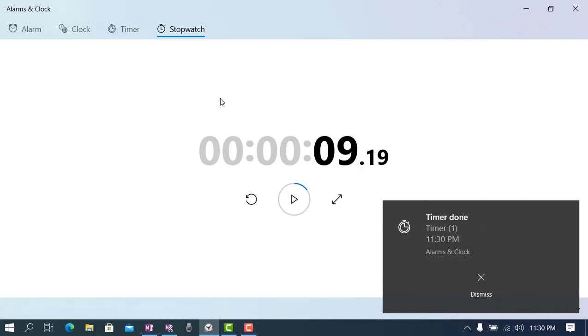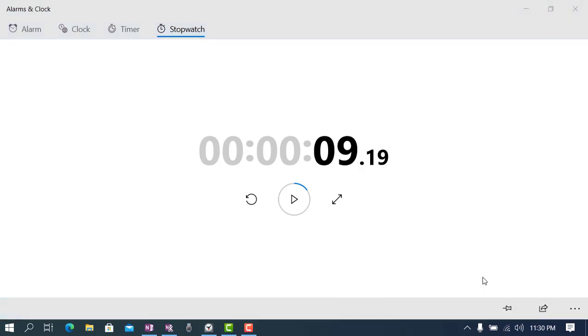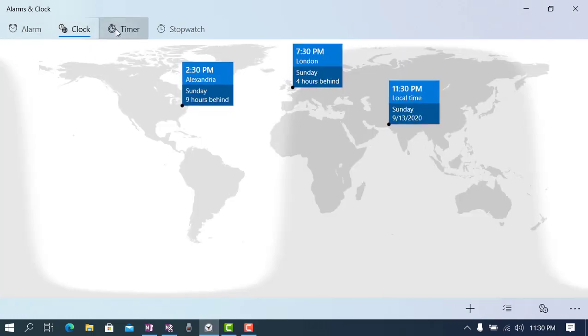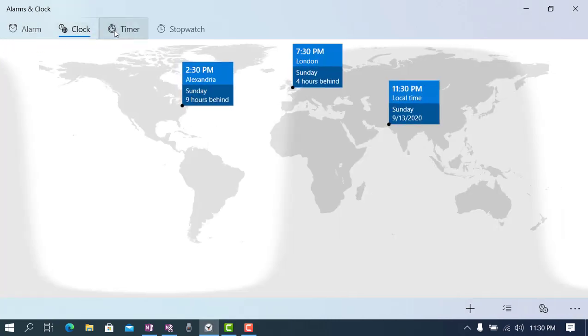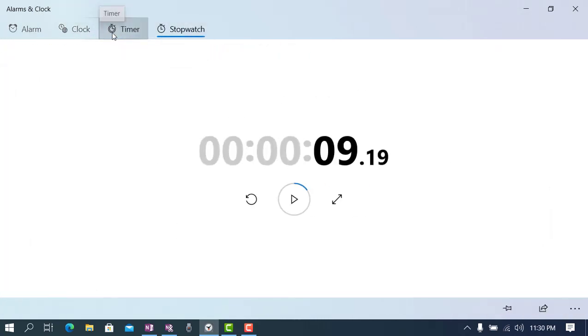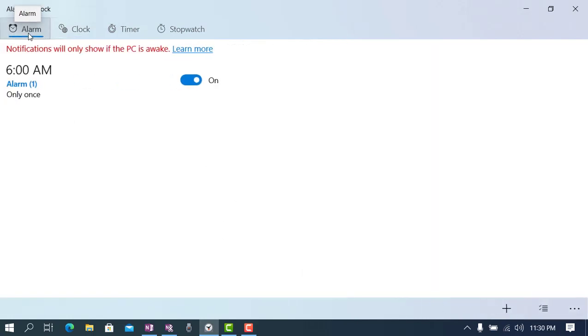So, as you can see, there is a pop-up at the bottom which shows that an alarm is running. We have a choice here to dismiss this alarm, so we dismiss it. Now, as you can see, Alarms and Clock has very good features for a normal user, which were not present in previous Windows editions. So in this way we can use Alarms and Clock as per our preferences.